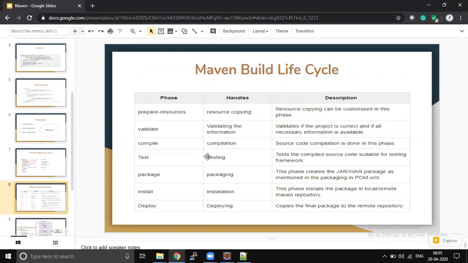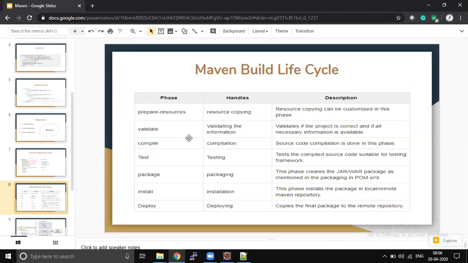Whenever we are working with Maven, it has a few life cycles. As part of each life cycle phase, Maven does a different functionality. The first one is prepare resources.